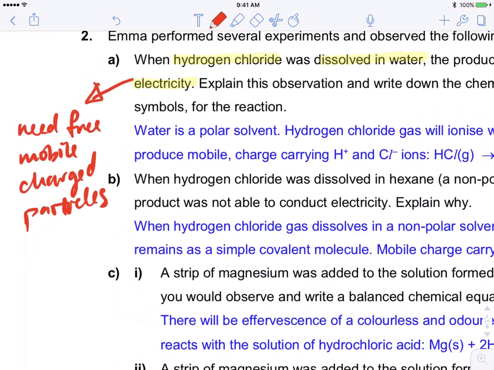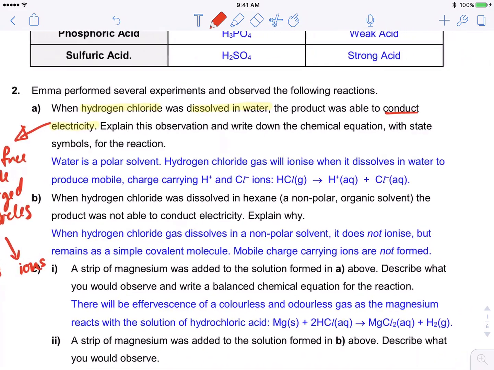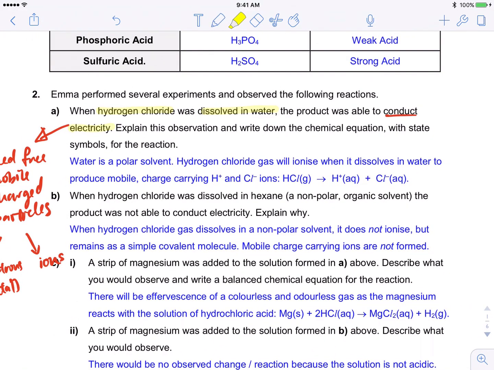There are two types of such particles. It can either be electrons. In the case of metals, that's what we observe. Remember, metals have a sea of delocalized electrons. And another type of charged particles that we can see is ions. So when ions are dissolved in water, they are free to move. Okay, so explain this observation and write down the chemical equation